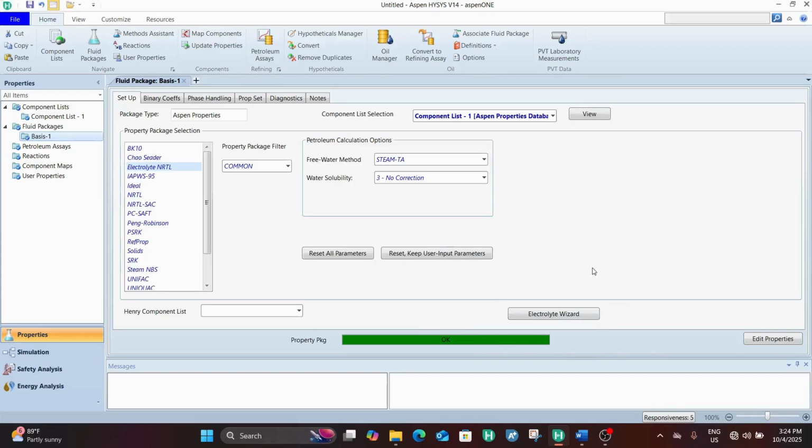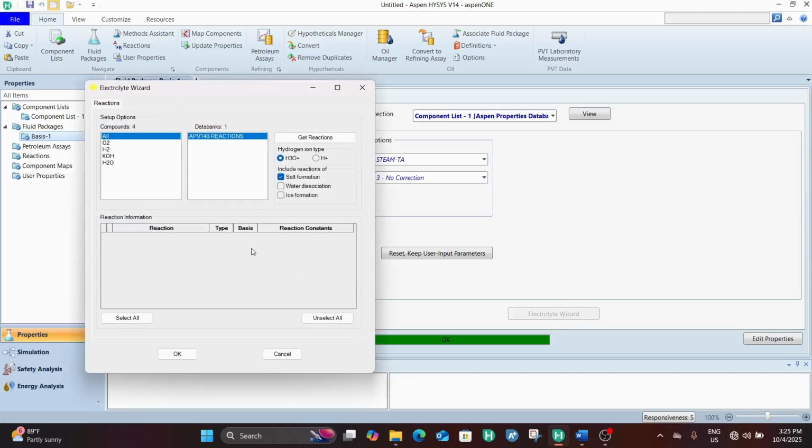The only place in Aspen HYSYS where we can see the Electrolyte Wizard is when we work with Aspen Properties. If we're working with HYSYS, we do not have that function available. For Aspen HYSYS, we need to work with Aspen Properties to be able to access the Electrolyte Wizard function. And the Electrolyte Wizard function is where